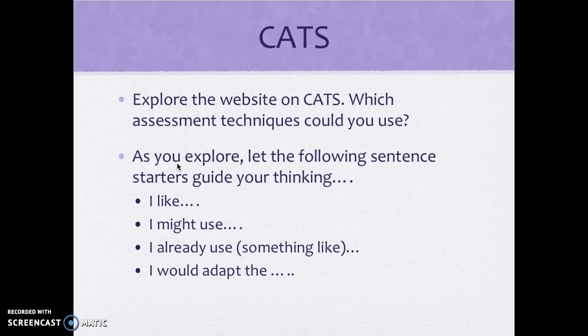So I've also included in this module a website from Vanderbilt University, which discusses a number of CATs. Meow, not those kind of cats, no. These are classroom assessment techniques. I want you to take some time to explore this website. And as you're exploring, let the following sentence starters guide your thinking. Think about something you like, something you might use, something you already use, or something that you might adapt for